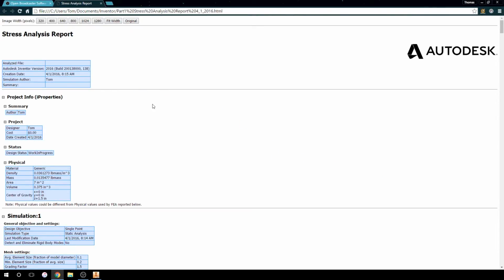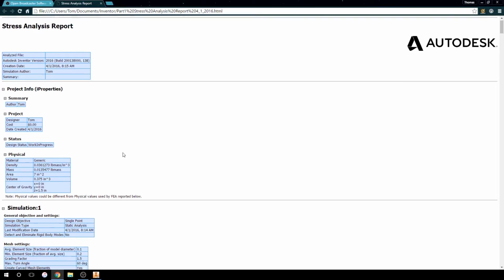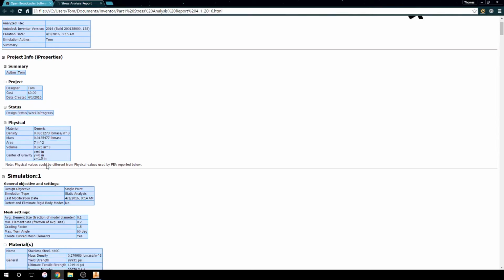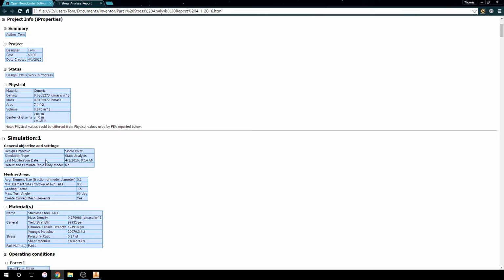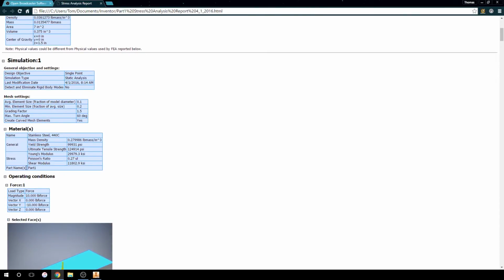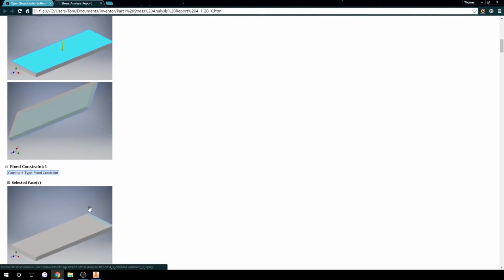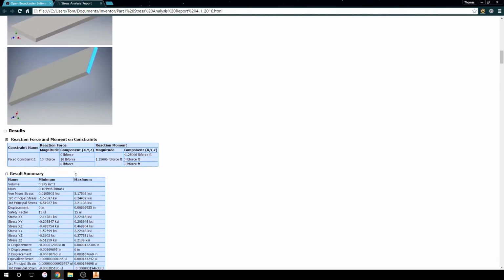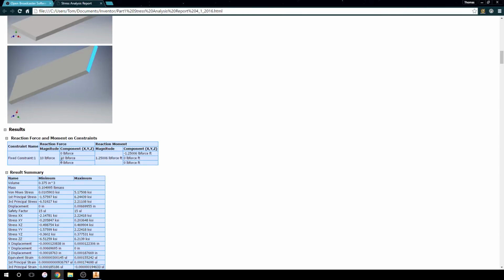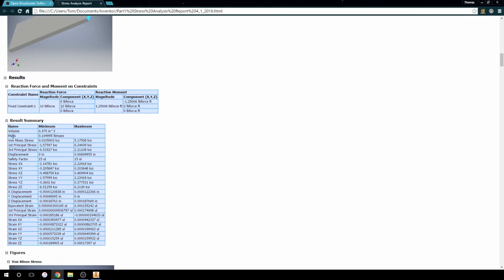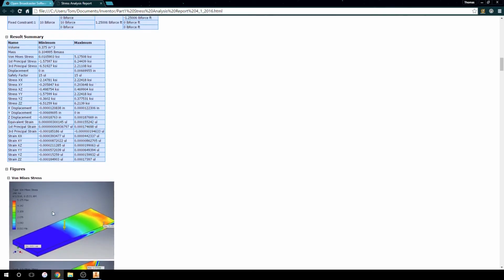And then here you can see it comes up with my stress analysis report. It gives me the physical characteristics, it tells me about the simulation, it gives me my mesh settings, it gives me all of the information for my material, it gives me the force location, it gives me the fixed constraint location, and then it gives me my results. And here's my results summary. This is the most important piece of information in this, because this gives you all of the information in a chart form that all of the illustrations below